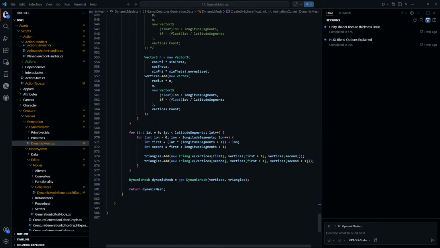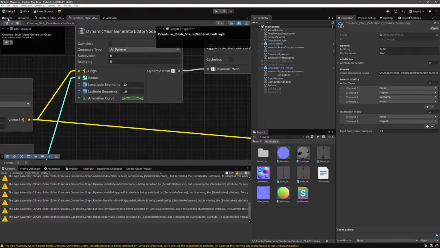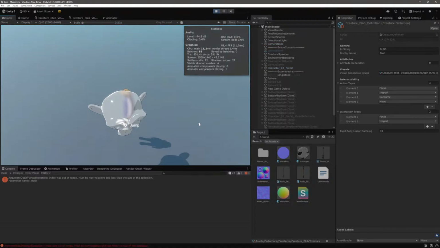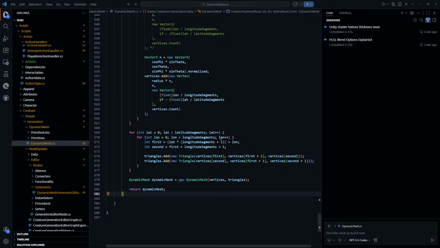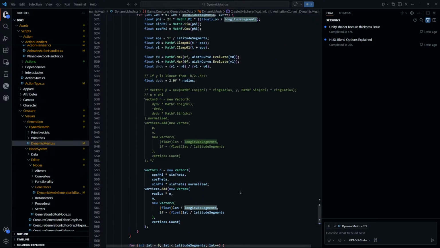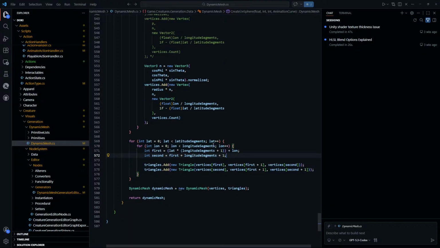And then we would like to wrap around here, because now if we just do it like this, I think we're gonna try and get a value outside of the array. But let's double check. Yes. If we do longitude segments + 1. So what we would like to do is something like, can we do